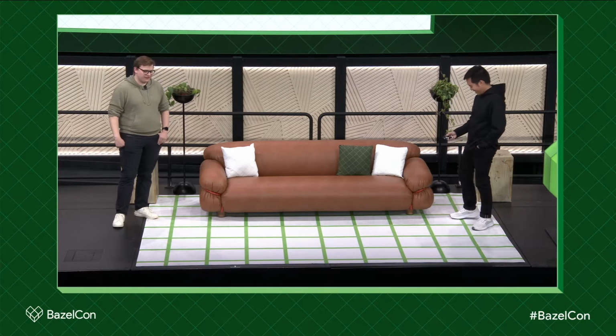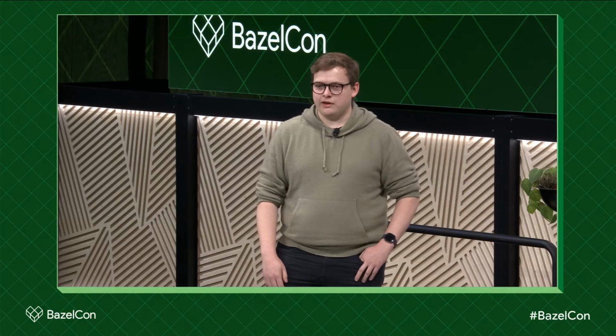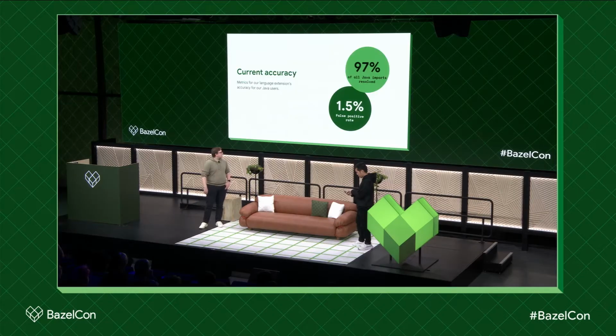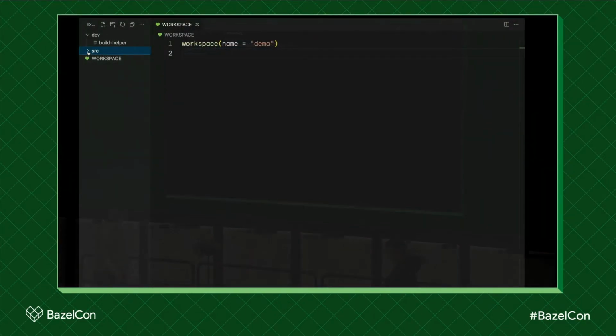All right, so I have a little dorky demo that I put together to show how the heuristic dependency resolution method works. This implicitly also does the index-based one because it's using one, but I'm not actually importing any third-party dependencies in the demo, so you won't see it on display. But yeah, I have a small Bazel workspace over here with one source directory. If I open this source directory, you'll see we have a build.bazel file.